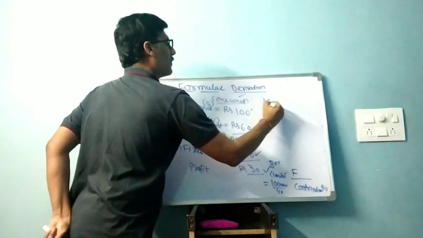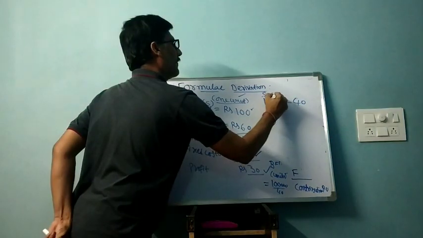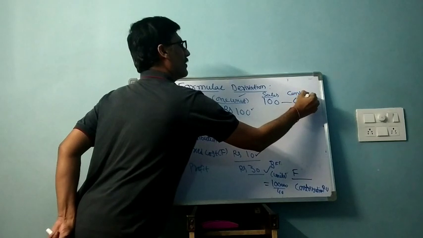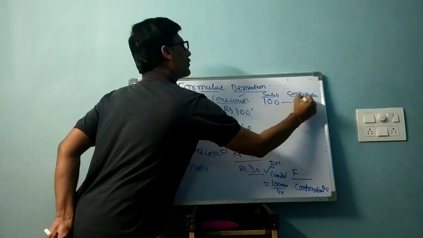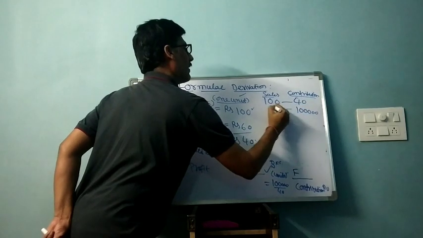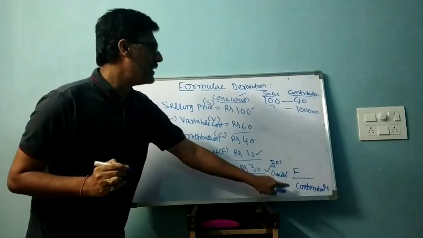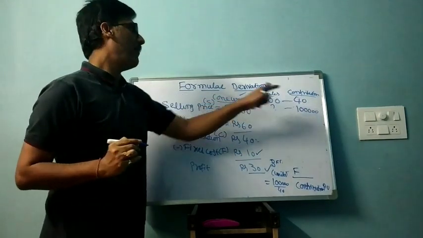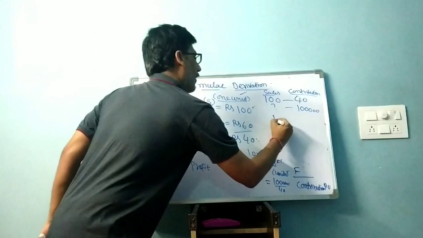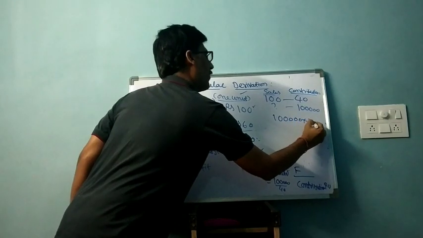For every 100 rupees sale, 40 rupees is the contribution, right? This is the sales. In every 100 rupees sales, 40 rupees will be the contribution. But how much contribution is supposed to get? 1 lakh. Again, a question here. At the time of calculating break-even point in units, I have taken 1 unit 40 rupees. But what is the value of the 1 unit? 100 rupees. So 1 lakh